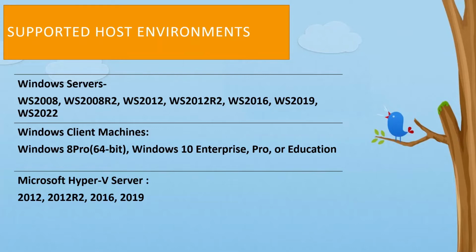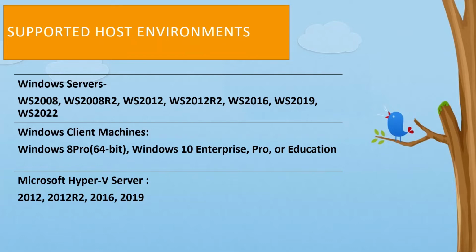So Windows Server 2008, 2008 R2, 2012, 2012 R2, 2016, 2019 and 2022, which is the latest version of Windows Server, they all support Hyper-V. So if we need to install Hyper-V on any Windows server, we need to make sure that it is one of these. If we talk about Windows client machines, Hyper-V can be installed on Windows 8 Pro 64-bit, Windows